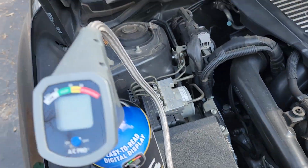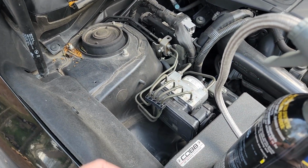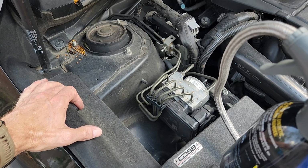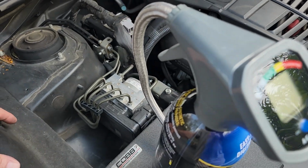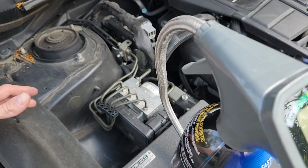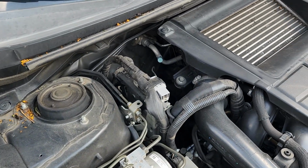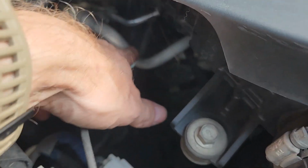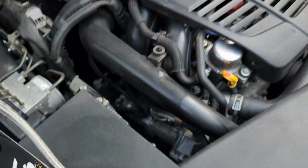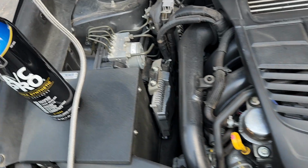And so I reached in there, and the air wasn't cold yet, pardon me. Once it got to about 15 psi, it started blowing cold air. So I got it up to around 30 psi, and I've had cold air ever since. Again, there's the low. You unscrew that cap, pop that on. So for those of you who have issues with your AC, it may just be a $55